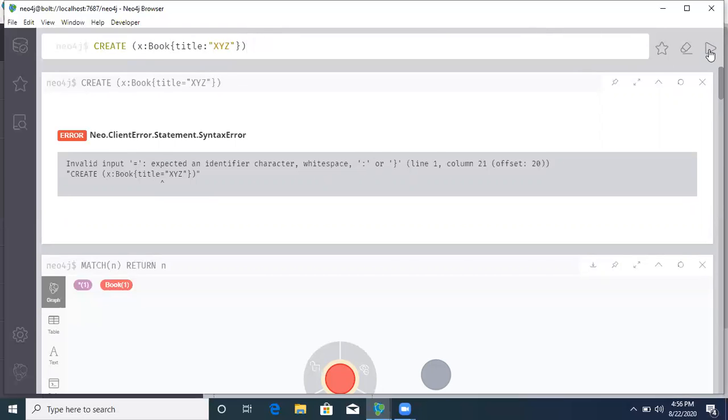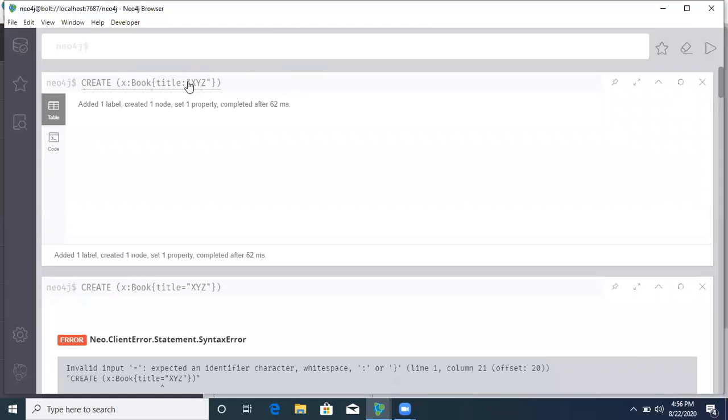So instead of equal you should use colon there, so that it will create that particular label with property. So here title is the property and the value of that property is XYZ, and then we can view that using match and return. So we just use match x, return x.